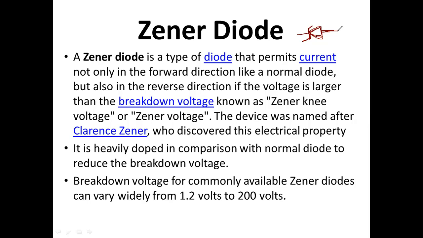V equal to IR, all of you know the formula. If R is constant, by varying the current we can control the voltage. So R is constant, we kept it, but V equals I now. By controlling the current we can control V. That one only the Zener diode is going to do. The main operation of the Zener diode is that one only.